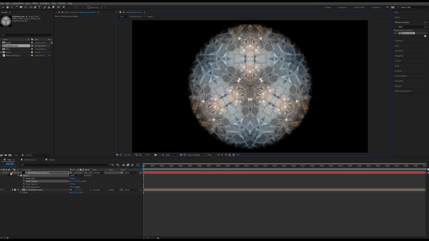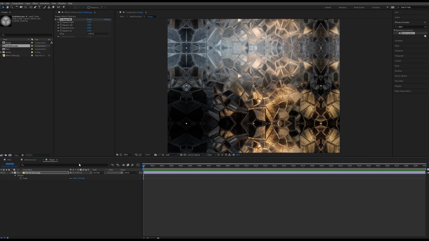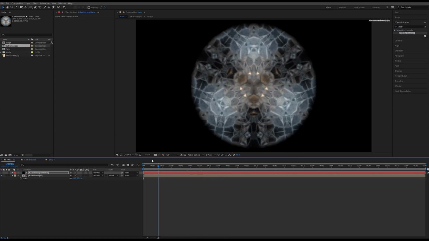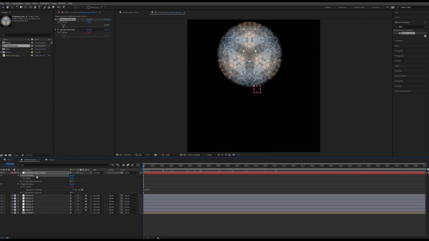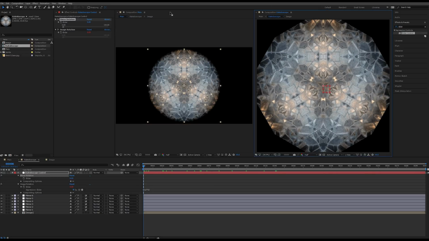Okay, and now let's pop over back into our image and see if we can create something that's perhaps a little bit more interesting, or just explore other options. Before we do that, let's lock the main composition, and then double click on Kaleidoscope and drag this composition over. What this allows us to do is lock our main composition so we can always view it, but it allows us to work in other ones at the same time.